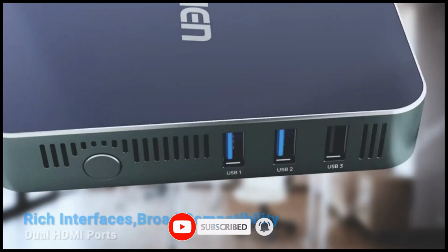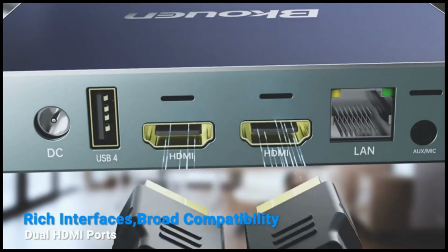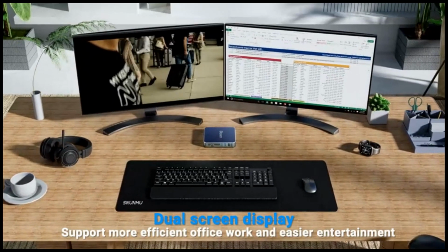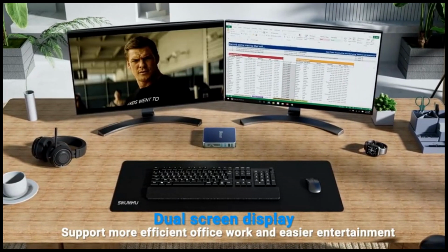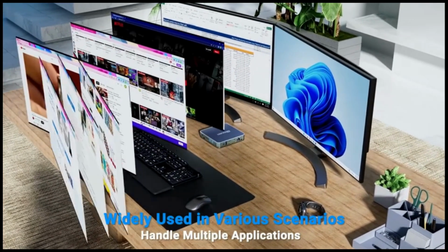Designed with 2 HDMI ports, 2 USB 3.0, 2 USB 2.0, 1 RJ45 gigabit Ethernet port, 1 DC, 1 audio input-output. It can be plugged into multiple devices, such as projector, TV, monitor, office equipment, and home equipment, widely used